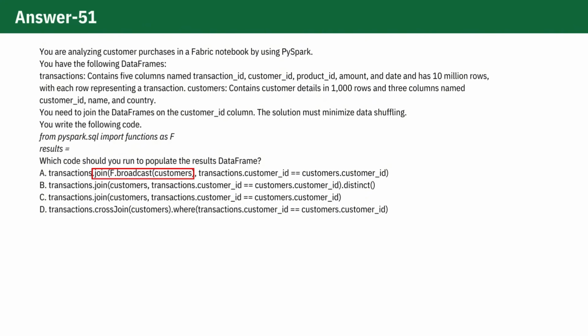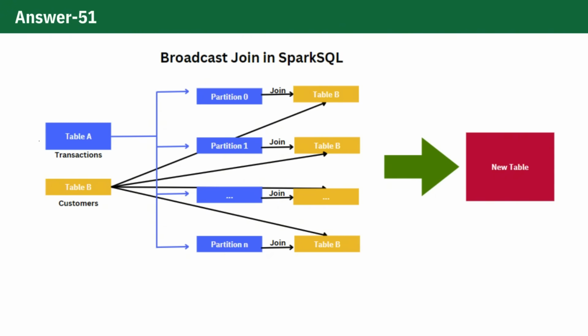In a broadcast join, the smaller data frame, customers in this case, with only 1,000 rows, is broadcasted to each node in the cluster. This means that Spark sends a copy of the smaller data frame to each executor node in the cluster. The larger data frame, transactions, with 10 million rows, does not need to be shuffled across the